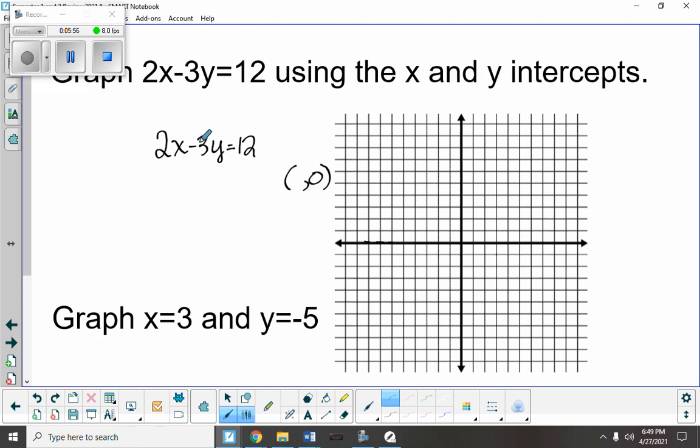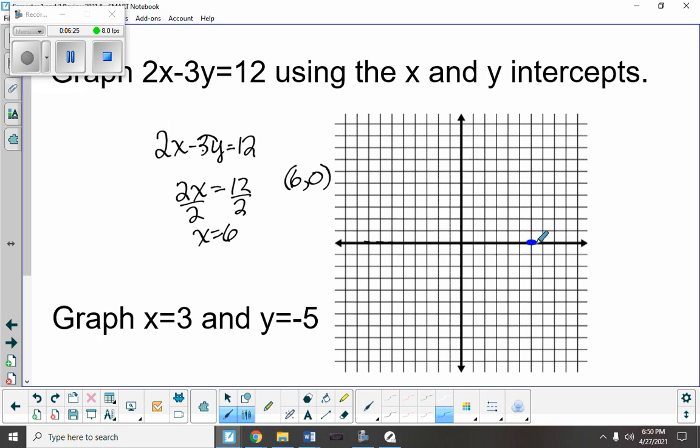So basically what you're doing is you're covering up this right here because -3 times 0 is 0. You can cover that up with your hand. You can't see that when I'm doing it on the board. But if you cover up the minus 3y, all you would have left is 2x equals 12. Then divide by 2, so x equals 6. So when y is 0, x is 6. So let me plot that point